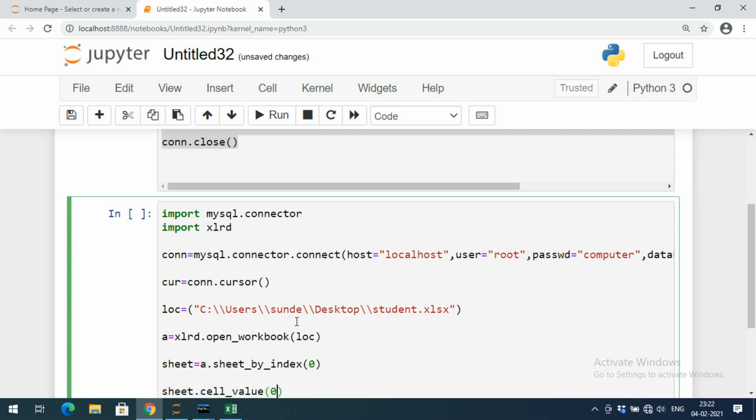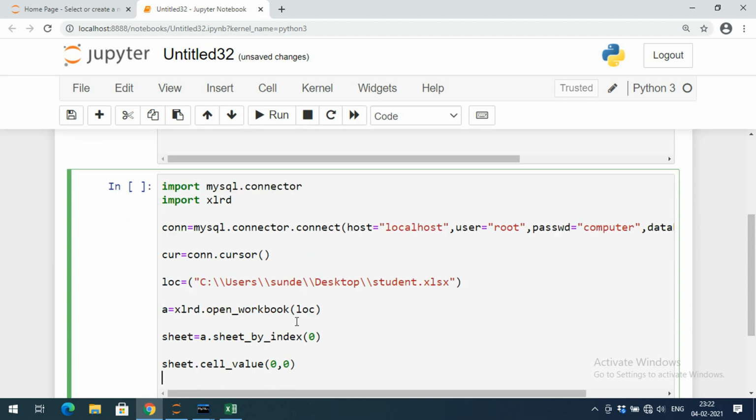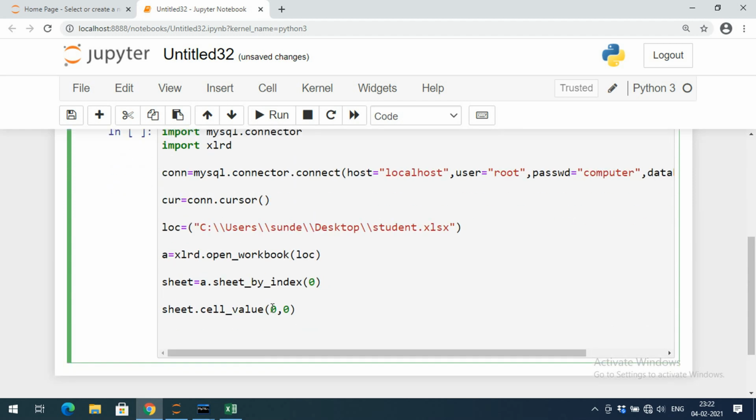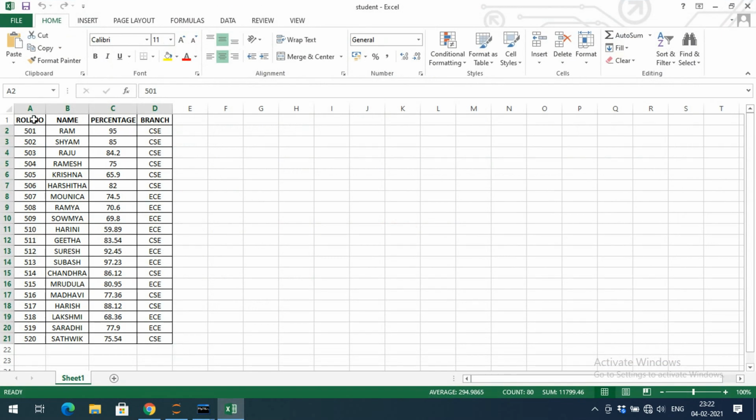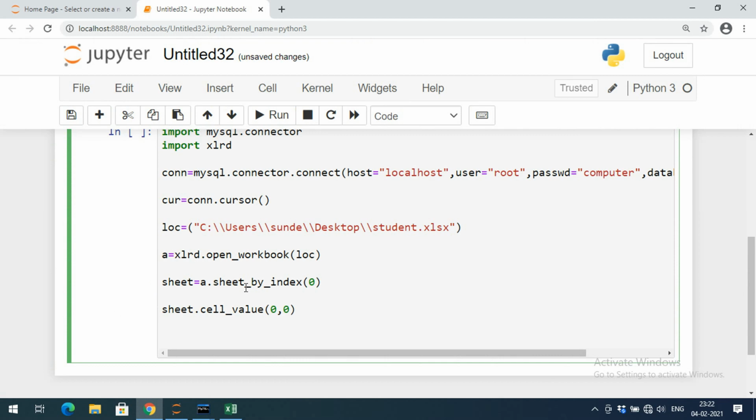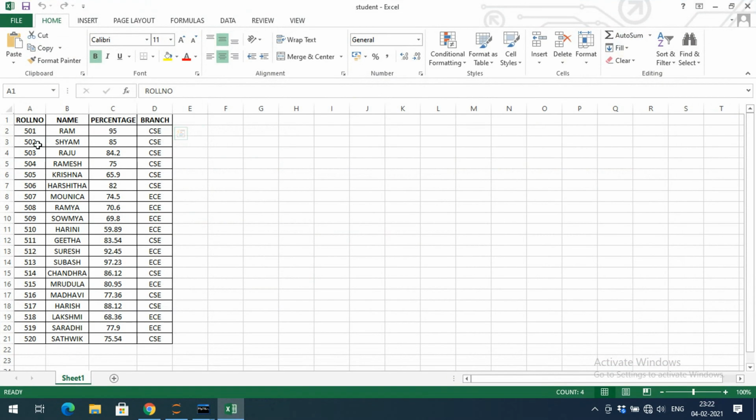Cell value always starts from 0, 0 because the index is 0, right? So this 0, 0 means this row, which has roll number, name, percentage, and branch. This is the first row, second row, third row, fourth row, fifth row, like that there are 20 rows.